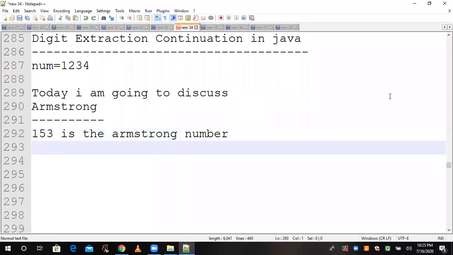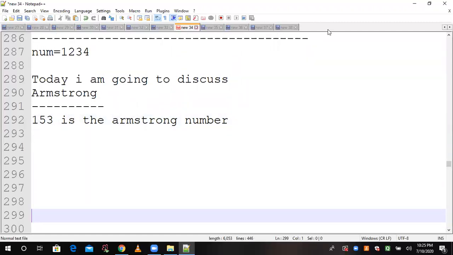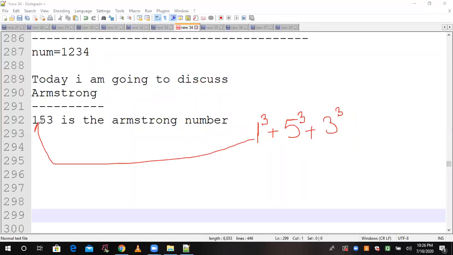What is the reason? Just 1 minute, please. I will explain the reason behind it. 153. So first of all we will separate all the digits. 1, 5 and 3 will be separated, and after that the cube of every digit should be calculated. That means the summation of the cube of every digit. Clear? If the sum of the cube of every digit is equal to the original number,